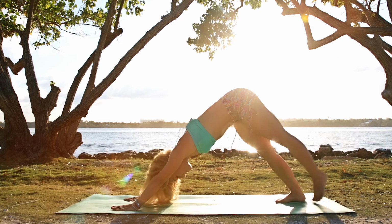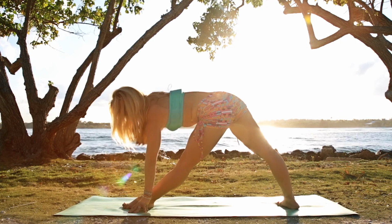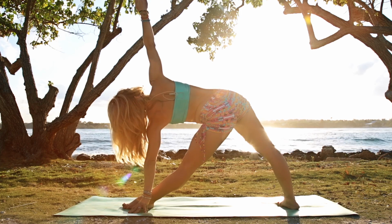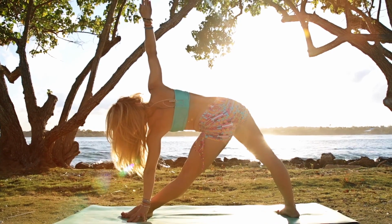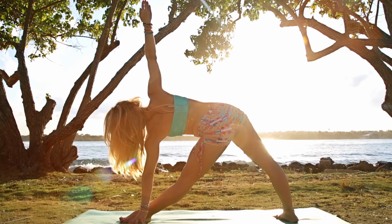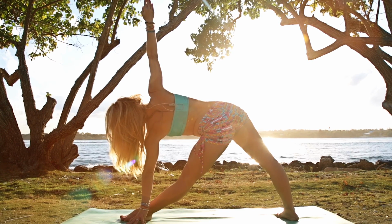downward facing. Okay, let's step forward with the left foot, planting the right down. Suck the belly in and inhale, raise your hand up and let's gaze at the right fingertips for 5 steady breaths. 1, and you can choose to stay right on the fingertips or you can slide it over and hold your big toe. 3, 4,